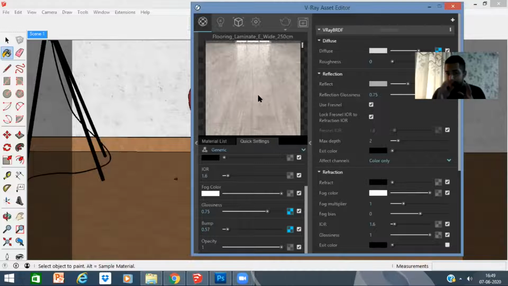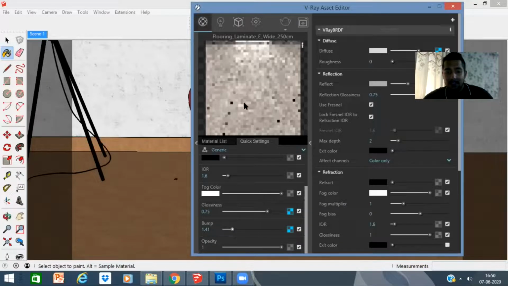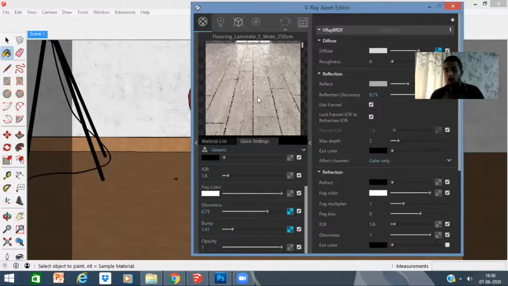All right, there is no detail now. There is no actual depth to this floor. It is flat. So I'll be showing you how to actually use these maps very well. And I'll just simply increase the intensity of that, and you can see now we have these lines over here. These small things cause a lot of difference for the render.